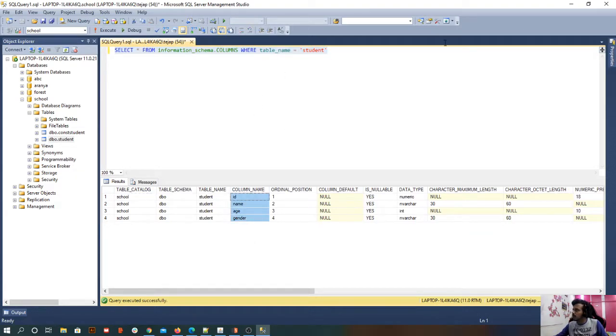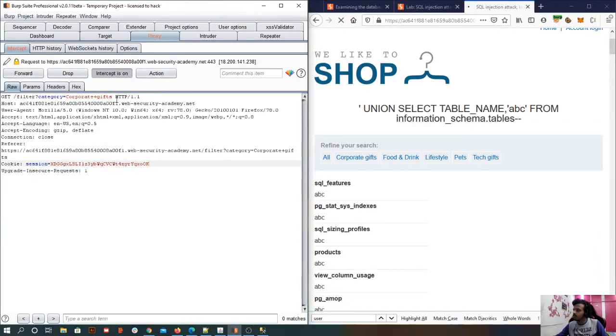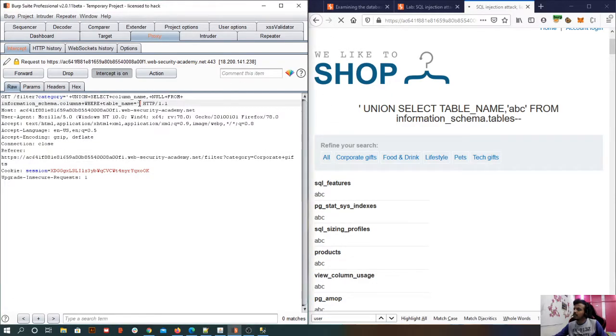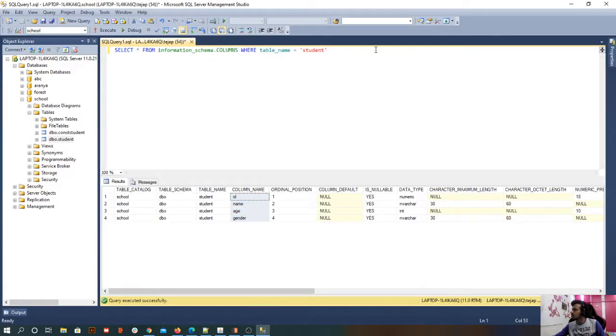So let's try to execute this in here as well. I have to first close the value, and then I have to write plus union. Let me write the complete query and resume back. So now we have to mention the table name. Now we have too many table names, right? So how are we mentioning it: where table_name equals table name.